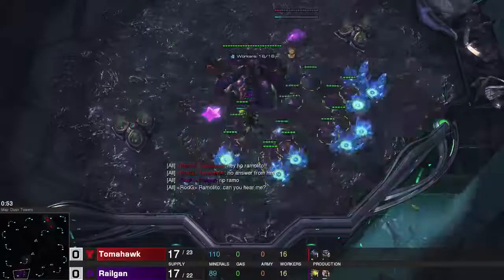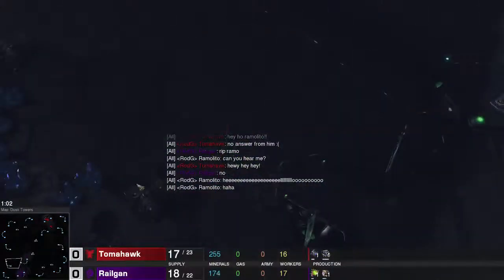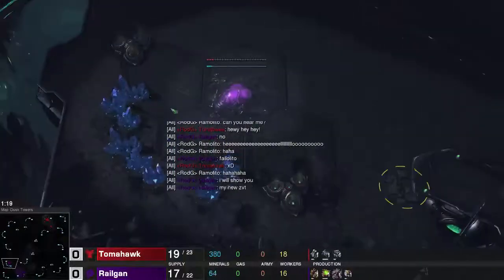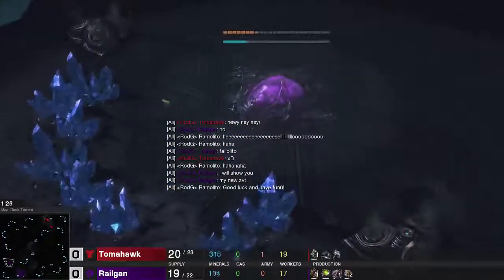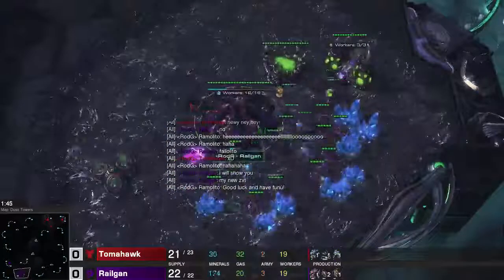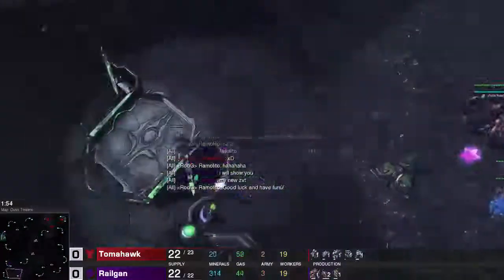What you're going to see is the pool edge gas opener that I like to play thanks to the fast queen to defend against reapers. Actually, is this hatchery out of position? Not too sure. Anyways, I'm going for the pool edge gas opener into...